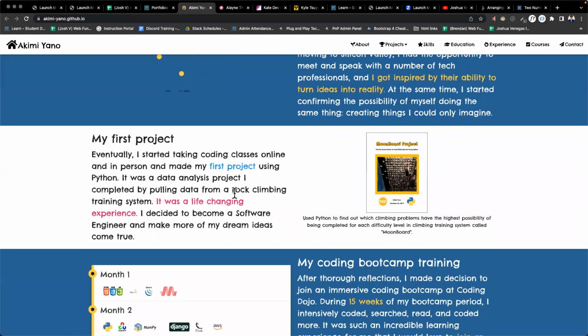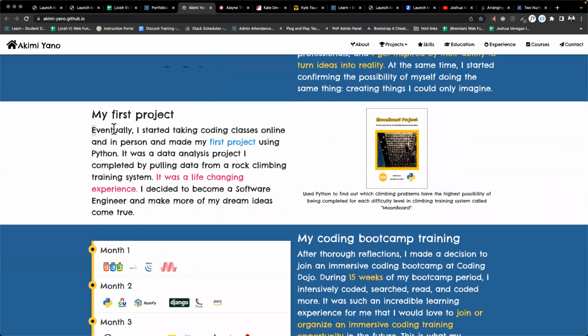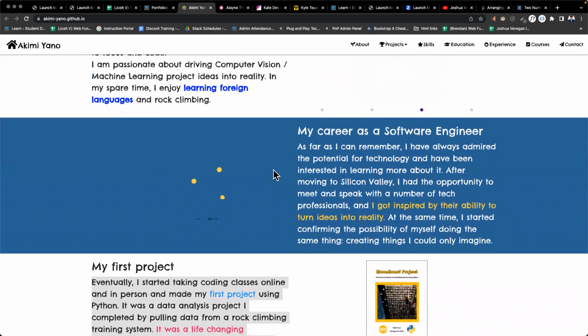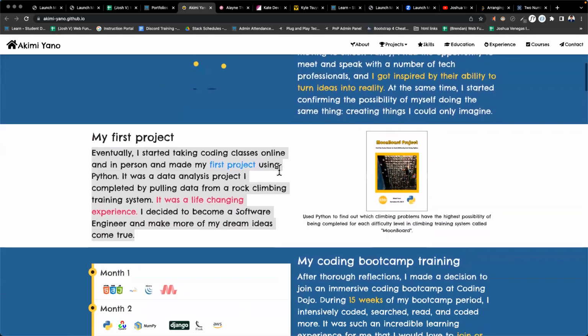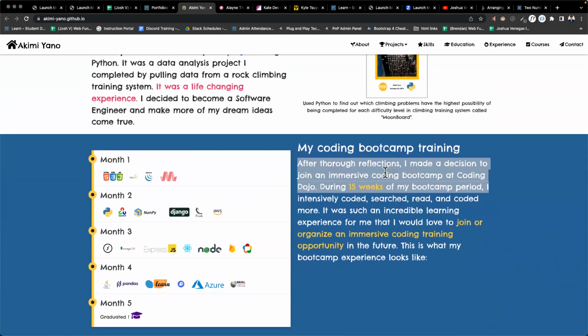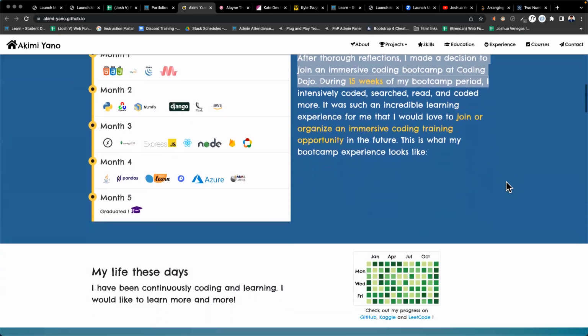Talks about her projects. Her first project. It's like a story. It's like you're reading a story as you're scrolling down through her page. And then you read about time at the boot camp. She's explaining her time at the dojo, what technologies she learned in the time that she was here. It's very smart the way she did it, because she's not just listing her skills, but she's listing how she got her skills through the dojo, what kind of training that she experienced.